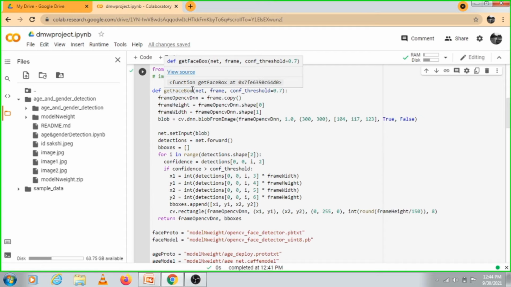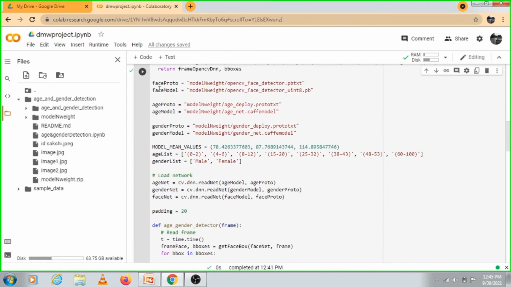Then here we use the net.forward function. This method detects the number of faces. If one face is detected, it goes forward to the next frame. So this function stores all the data in the detection variable. After that, we run the for loop until the rectangles are drawn. The for loop generally draws rectangles to detect the faces.